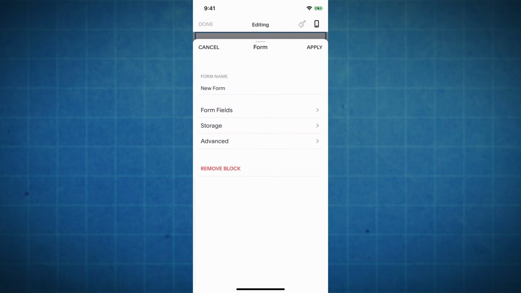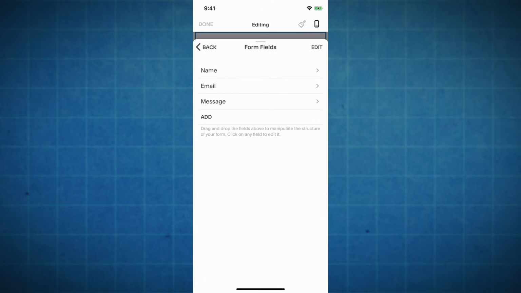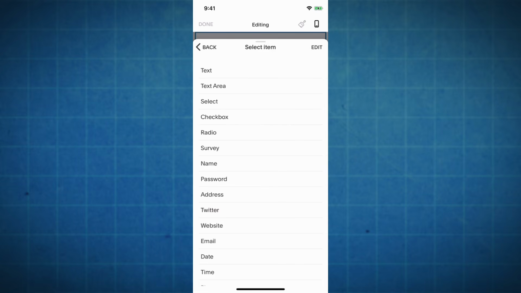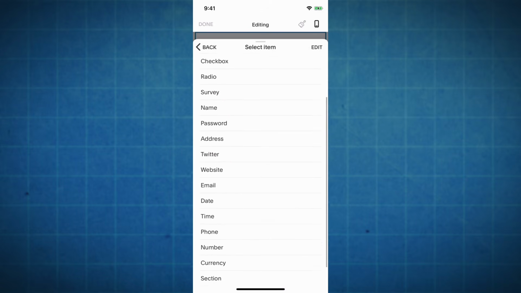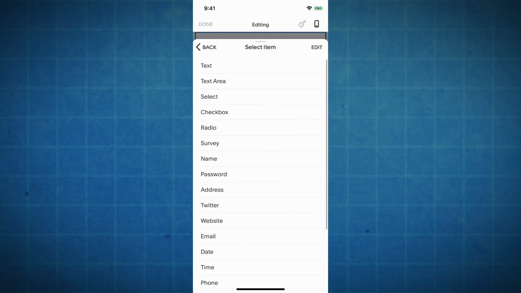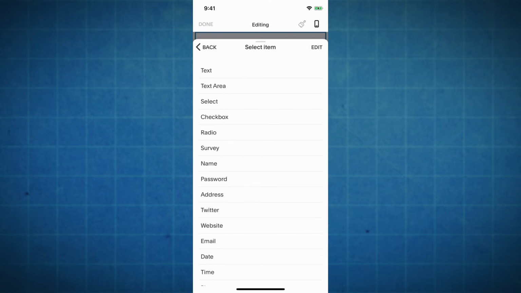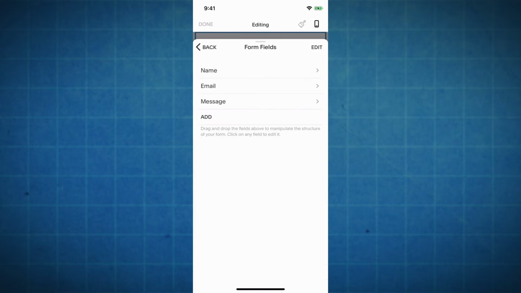And then just click on Form Fields. And here's where you can edit each form field. So you can see that we've got name, email, message, and we can even add new ones. So if we just click on Add, you've got all these different items that you can add, like a date, or you can do some sort of a checkbox field, really whatever you want. But I kind of like the form just the way it is, keeping it simple,